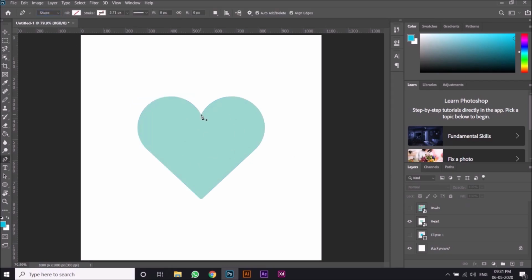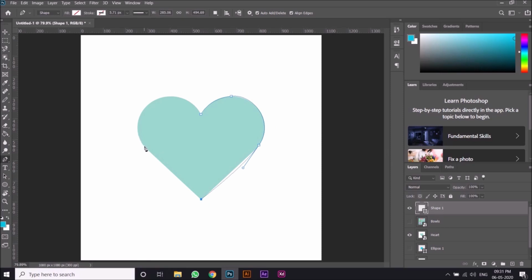So let me trace this heart again right here, and this time I'll directly make it right here, and then another point right here. Yeah, seems fine. Then I don't want a curve here, so I'll just click it.